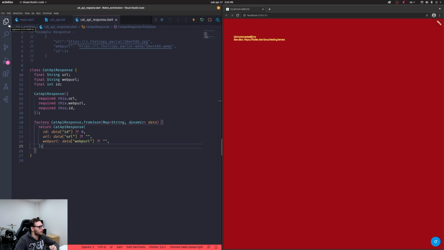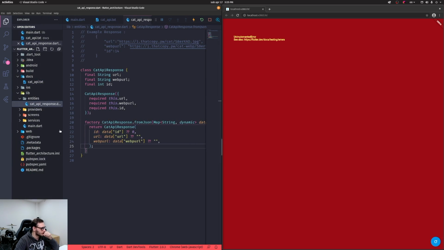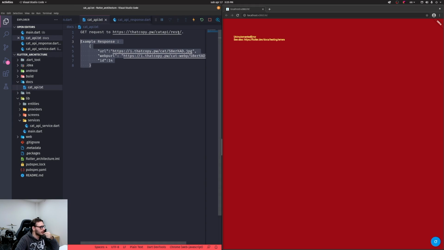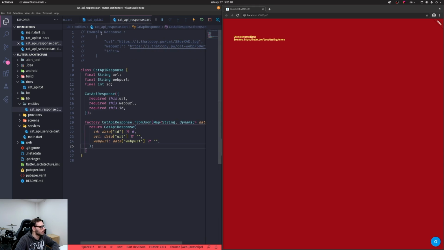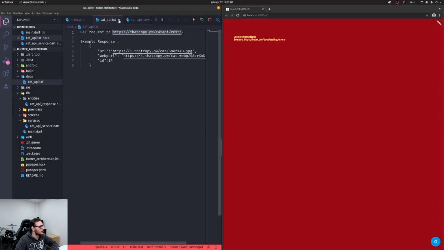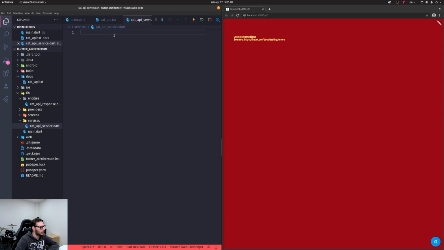We need to move now to the service. So we're going to define here in the services folder a new file. We're going to call it cat API service.dart, and let's get this URL that is going to be needed for the API. Let me close this stuff. All right. What are we going to do here? We are still defining another class, the